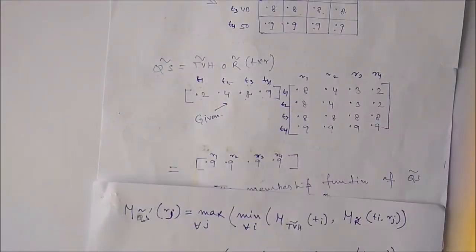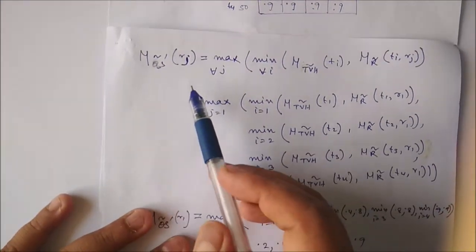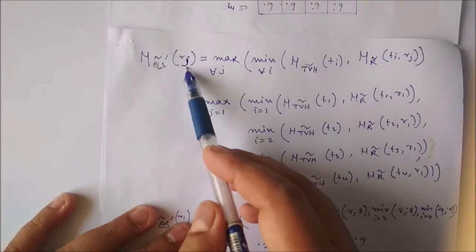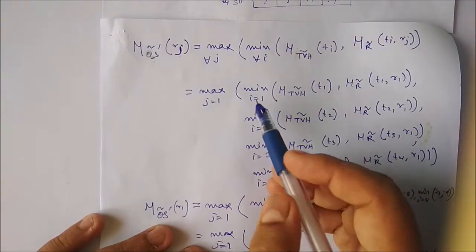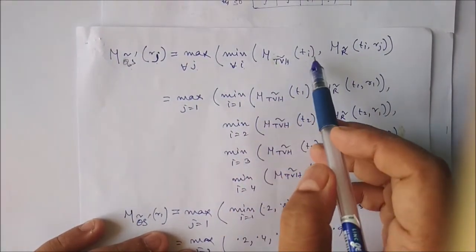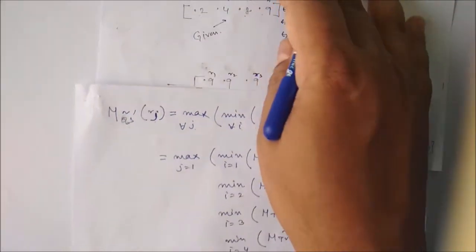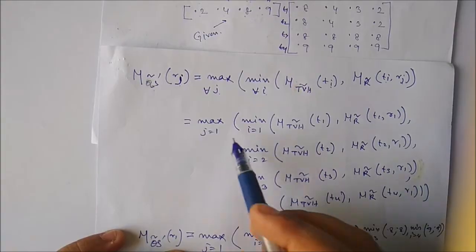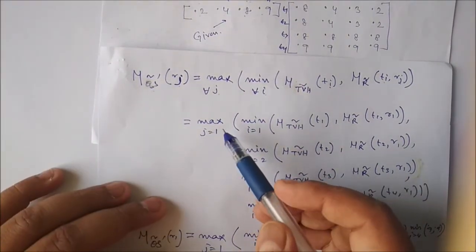So we have to calculate the membership value of the quite slow. To get the membership of the quite slow for different Rj, so R varies from what? For all j, we have to calculate, for all i, the minimum between Ti and (Ti, Tj). Are you getting this one? So you can see here, j will vary from 1 to 4.